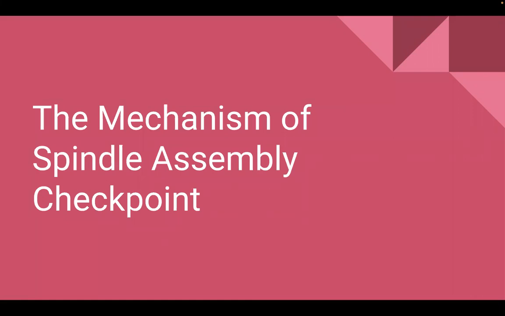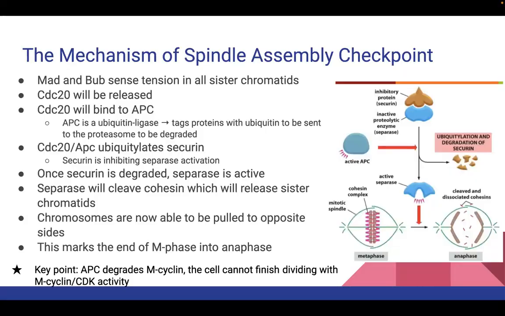So now the mechanism of the spindle assembly checkpoint. To start, before this entire process that you see on the right, there are two proteins called MAD and BUB, and these will be responsible for sensing tension on all sister chromatids. After they sense correct tension, CDC20 will be released, and it will go and bind to APC, which is this blue protein on the left-hand side of this picture. APC is a ubiquitin ligase, and essentially that means it tags proteins with ubiquitin